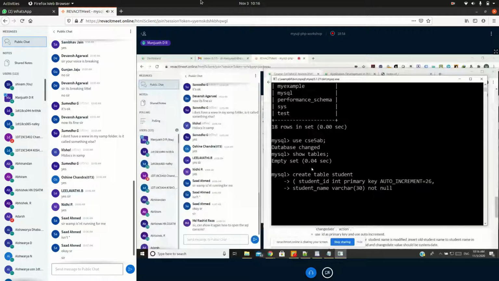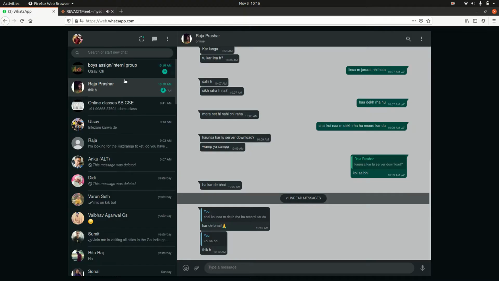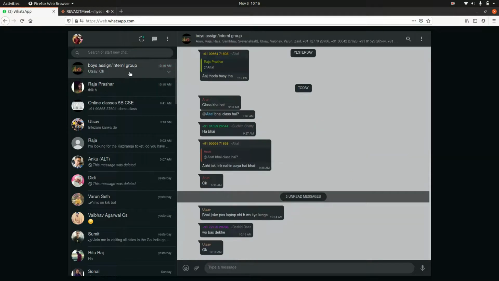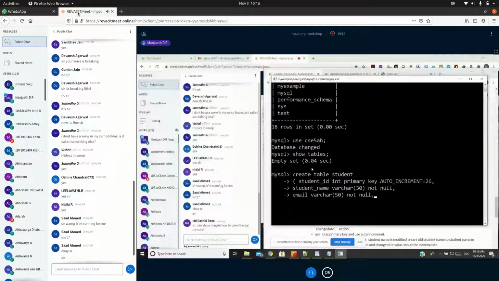Okay. Next, I'm going to create one more, that is email address. I'm just going to use it as email, and it is also varchar, 50 characters. Again not none, so it means that you cannot simply leave it empty. Next, I'm going to use contact, and again with varchar. I'm going to use some 20 characters for this. Again not none. I don't want to leave it with null values.